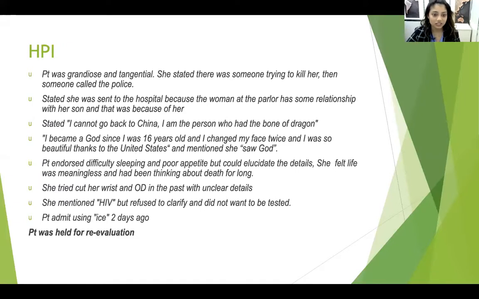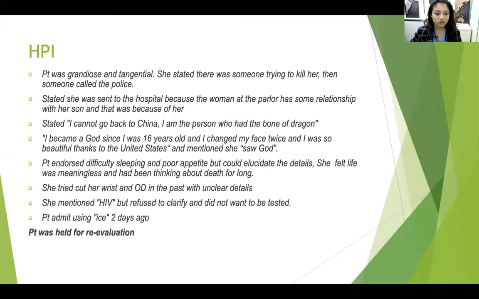So this time she was grandiose and tangential, said that somebody was trying to kill her and someone called the police, stated that she was sent to the hospital because a woman at the parlor had some relationship with her husband and that was because of her. She said that she cannot go back to China. "I am the person who has the bone of dragon." The bone of dragon in China means somebody who can own a lot of land. She said, "I became God since I was 16 years old. I changed my face twice and I was so beautiful thanks to the United States,"